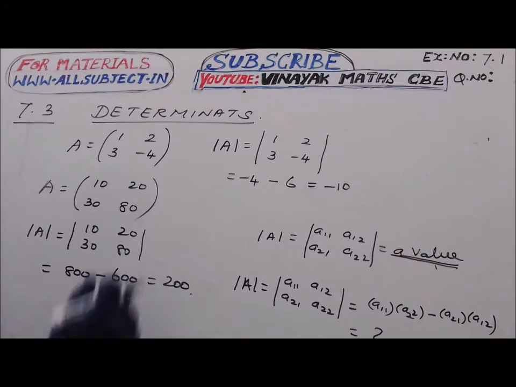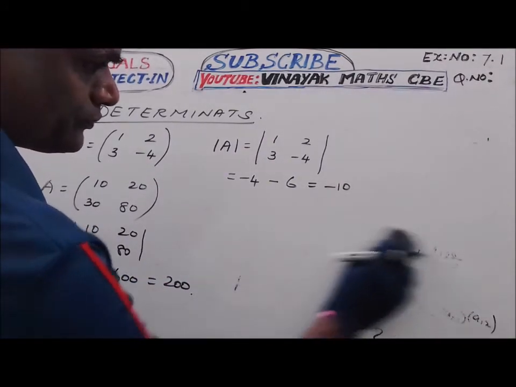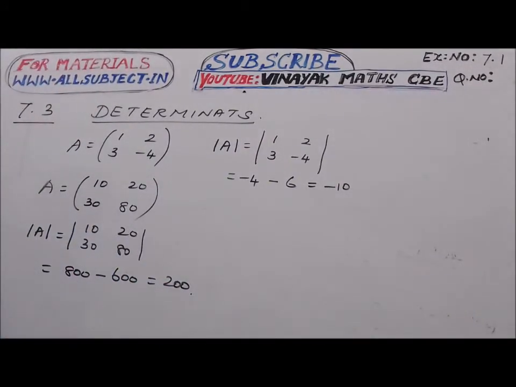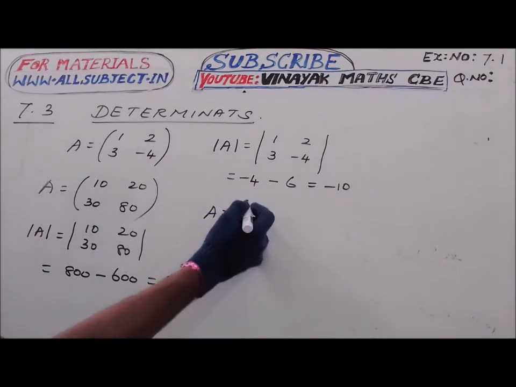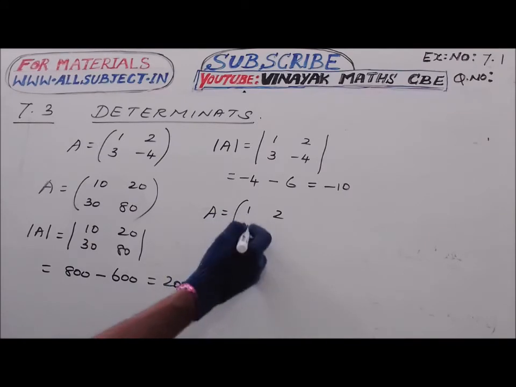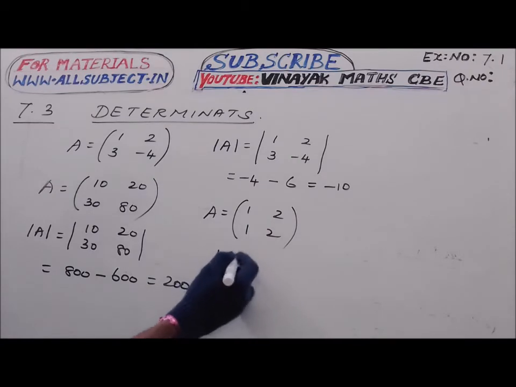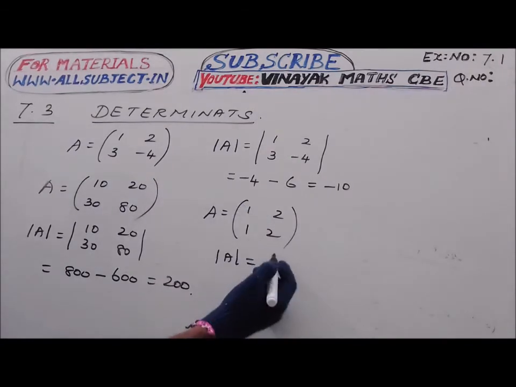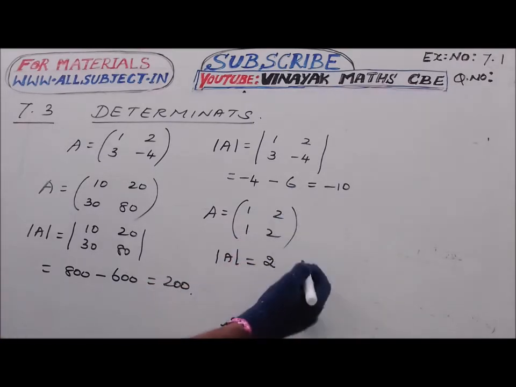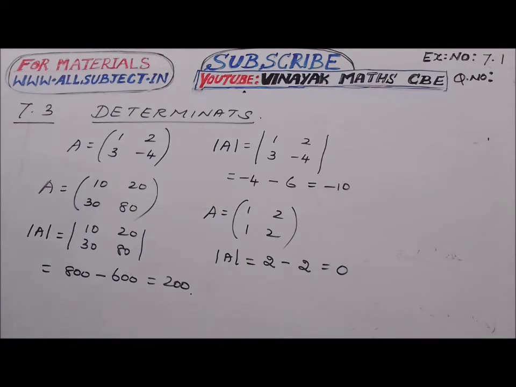Here we have actually a positive answer. Suppose I take a 2 by 2 matrix, 1 2 2 1. Here take 1 1 2 1 2, equal number of rows. Now determinant of A is equal to cross multiply the leading diagonal, 2, and cross multiply the secondary, which is also 2. Subtract 2 minus 2 equal to 0. So here we have reached a 0 as the answer. So it may be a positive answer or a negative answer or a 0.